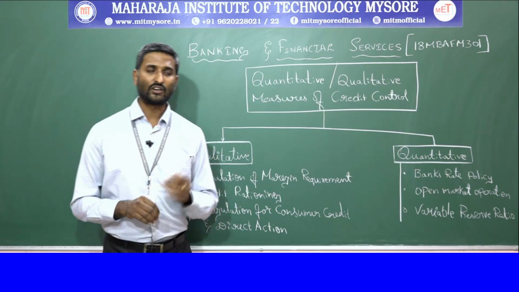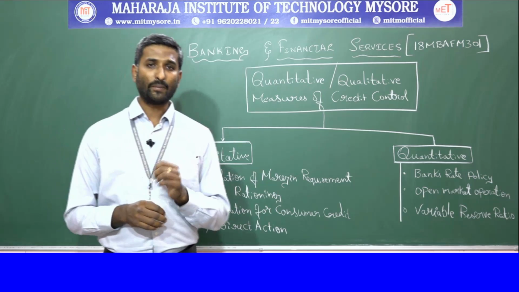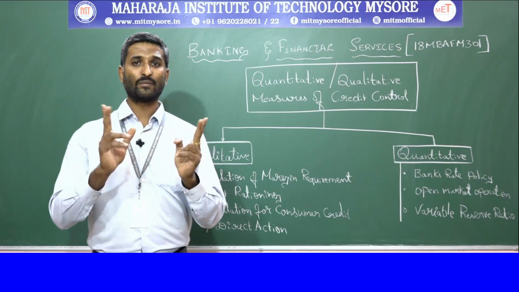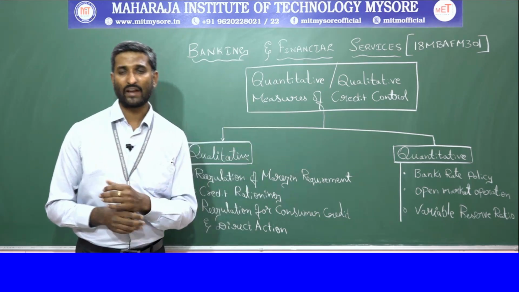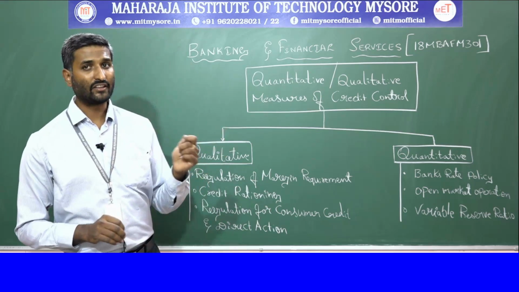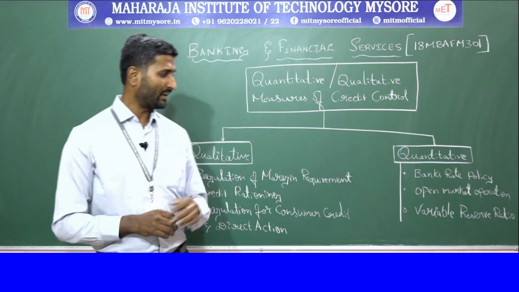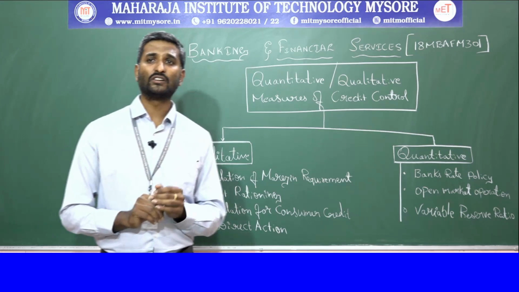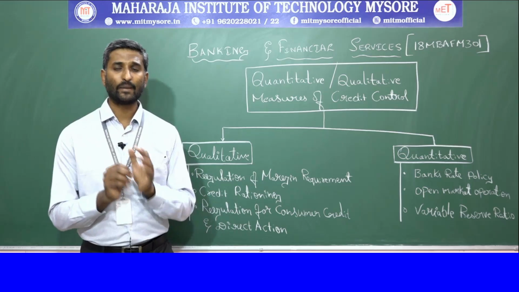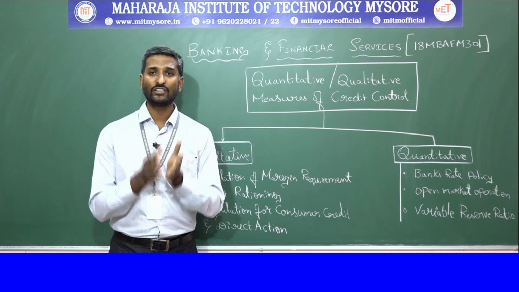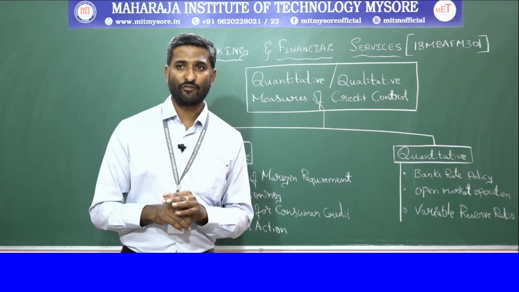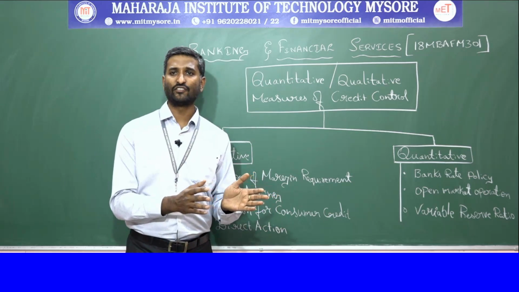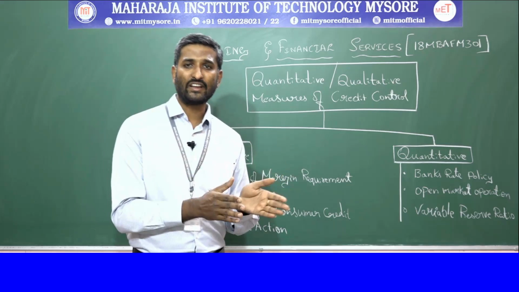The Reserve Bank employs two types of reserve ratio for the purpose, which are the statutory liquidity ratio and the cash reserve ratio. These are the major two ratios which are governed and implied by all commercial banks, and they are regulated by RBI. So the first one under the variable proportion ratio is the statutory liquidity ratio, which refers to the proportion of aggregate deposits which the commercial banks are required to keep with themselves in liquid form. The commercial banks generally make use of this money to purchase government securities. Thus, the statutory liquidity ratio,